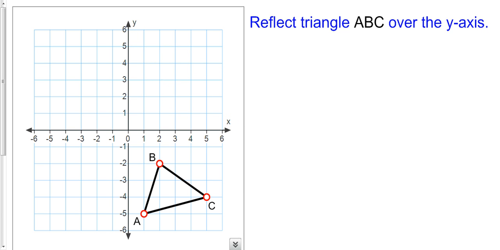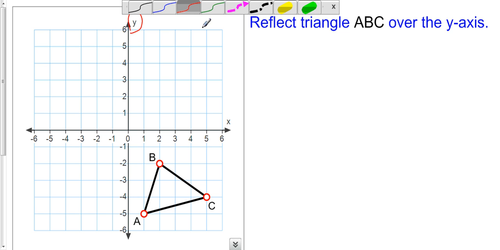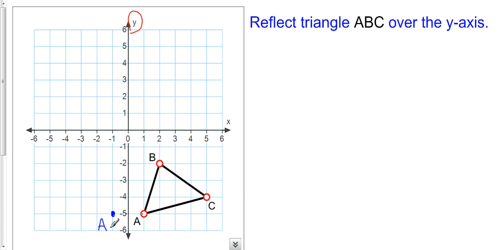Let's do another one. Reflect triangle ABC over the y-axis. So this time I'm reflecting over the y-axis. Here's the y-axis right here. Same strategy I can use. If I want, I can simply count from A to the y-axis, which is 1. So I count another 1. So there's my new A. This is A prime. For B, I count 1, 2, 1, 2. There's my new B, B prime. And for C, 1, 2, 3, 4, 5. 1, 2, 3, 4, 5. There's my new C prime. So I can draw that right there, and there's my reflection